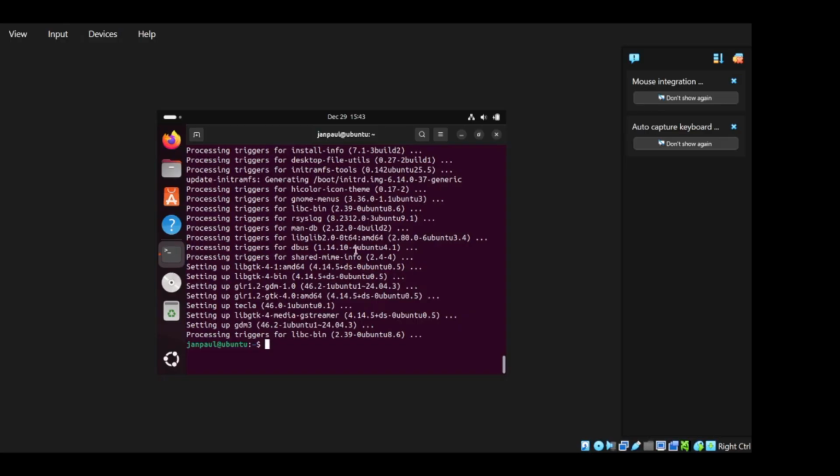Now it's upgraded, and let's try a sample command to see if it's working.